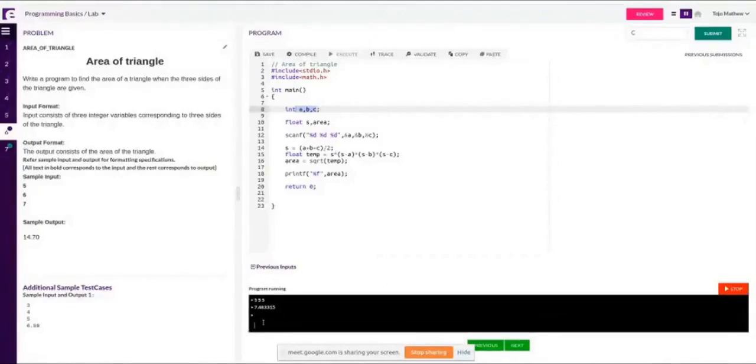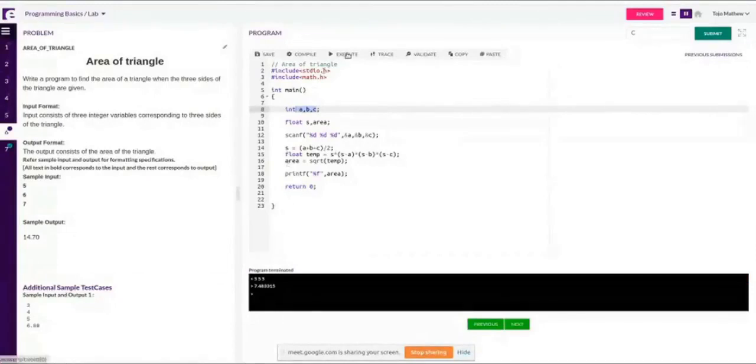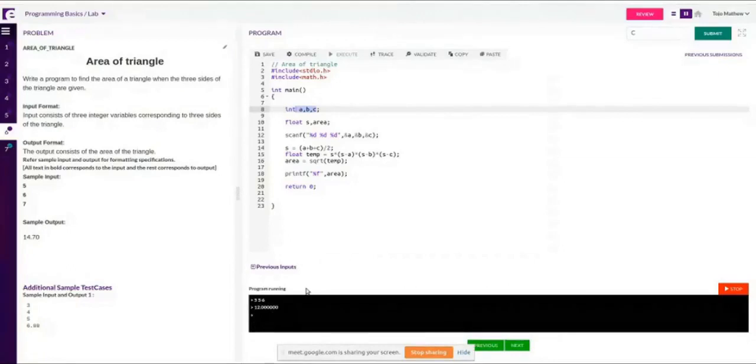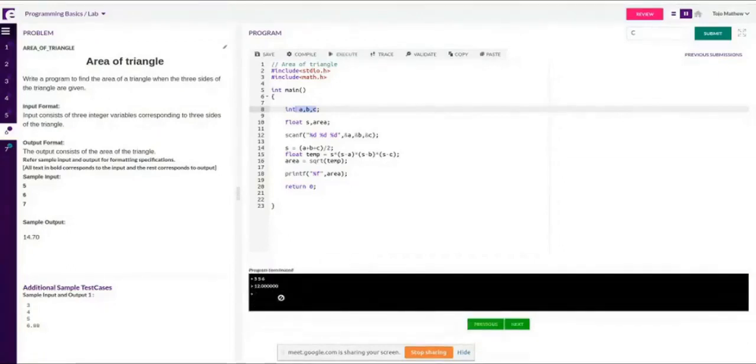I spent a lot of time after executing it. I was explaining, and it gives you around 15 seconds to enter the data. If you don't enter the data before that, after that it may not take it. So within 15 seconds, I enter the data, and I get the area as the result. Now, since the sample input output is not expecting any user-friendly message like "area equal to", you also should not put that in your program.